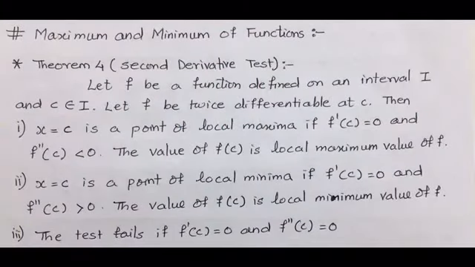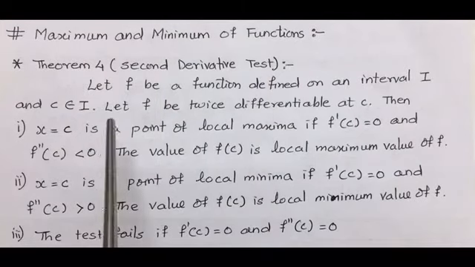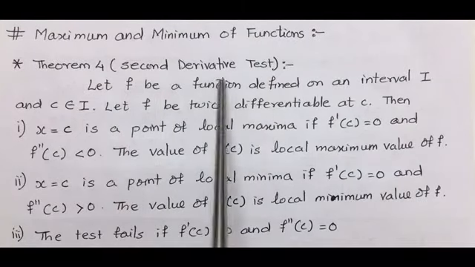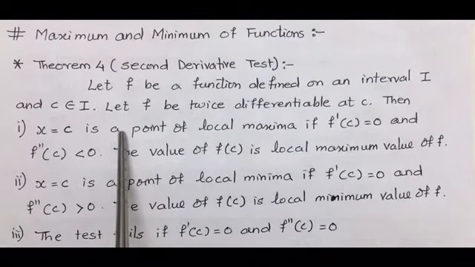Now chapter 6, application of derivatives. The topic is maximum and minimum of functions. Most of the examples in the exercise are solved based on the concept of theorem 4, that is the second derivative test. Now, how this second derivative test is applicable to find the maximum and minimum value is,